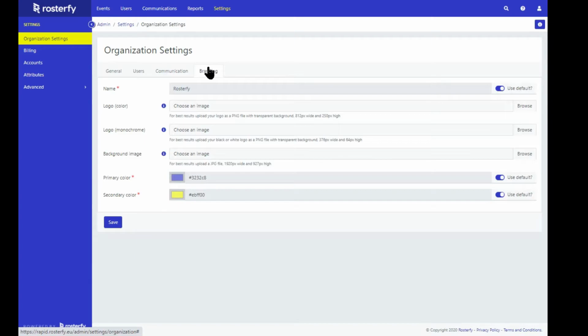Speaking of styling, the Branding tab allows you to customize what your organization name will be according to anyone that signs up onto your account. You can also customize the colors, with the primary being the main dashboard, which will be replicated in the portal, and also the secondary, which will be the colors for lettering around.